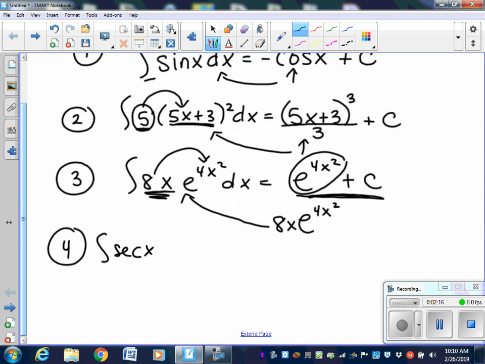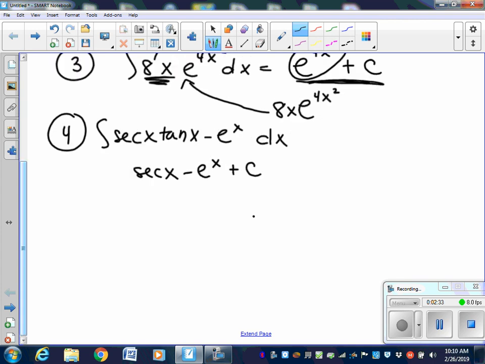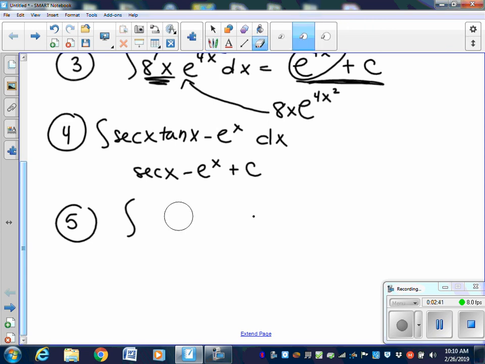secant of x tangent of x minus e to the x. That whole thing is dx. The antiderivative of secant tangent is secant of x. The antiderivative of e to the x is a negative e to the x plus c. Final answer. Number 5, I like rewriting it as t plus, t, I don't know why I did tangent, t plus 5, all of that raised to the negative 1 dx,